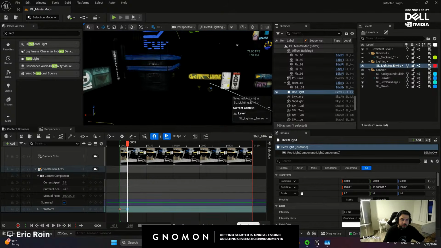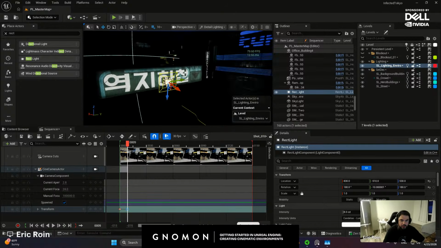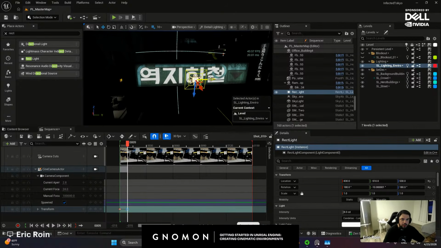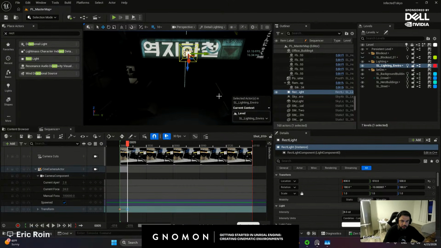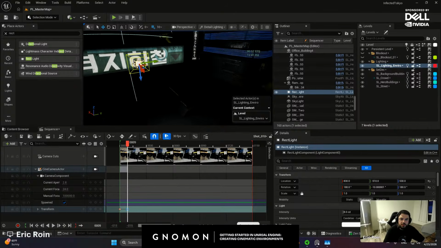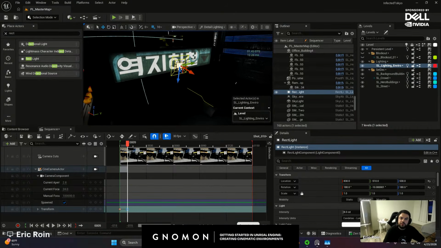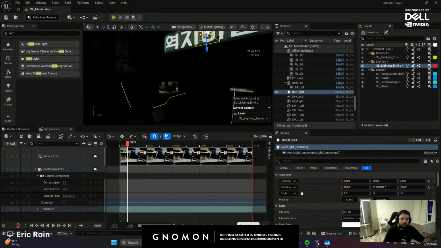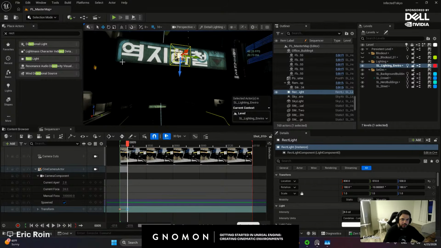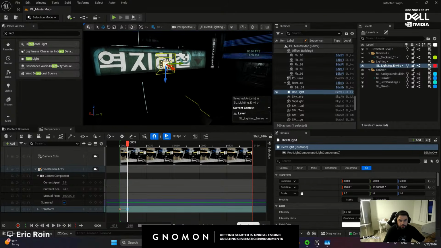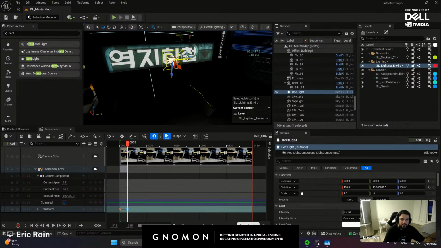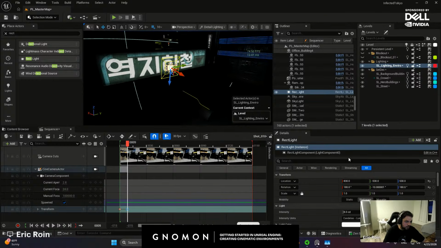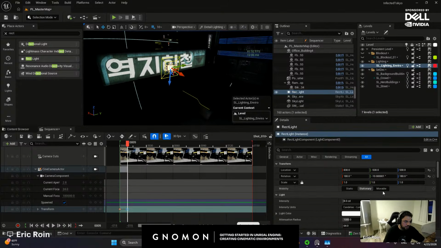I know all these materials have emissive properties, and your first instinct might be to go in and blast those emissive properties. The problem with that is that you're going to get a lot of noise in your scenes. So whenever I have an emissive object, I still add the light source, and I only use emission for some art direction, not necessarily as a light source. Even though Epic Games advertises that and shows it in their tutorials, I prefer to just work with rectangular lights or spotlights, whatever the case is.